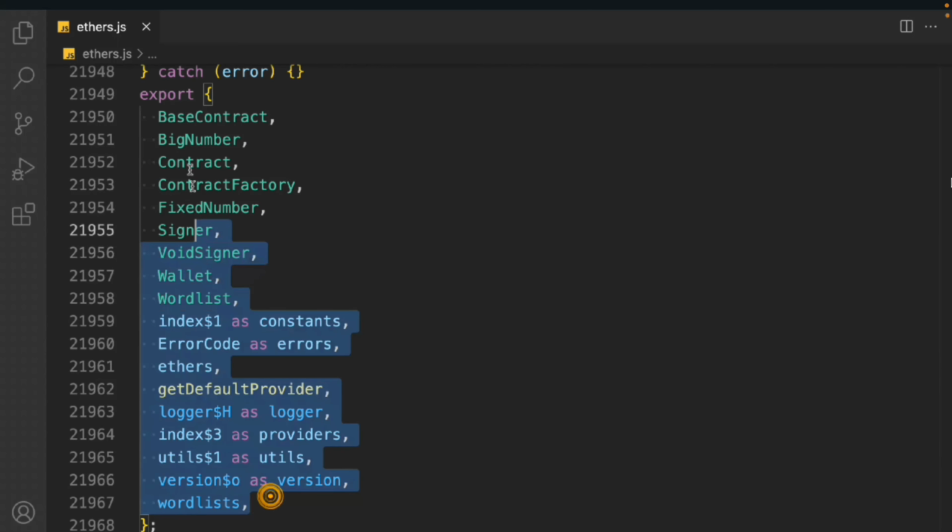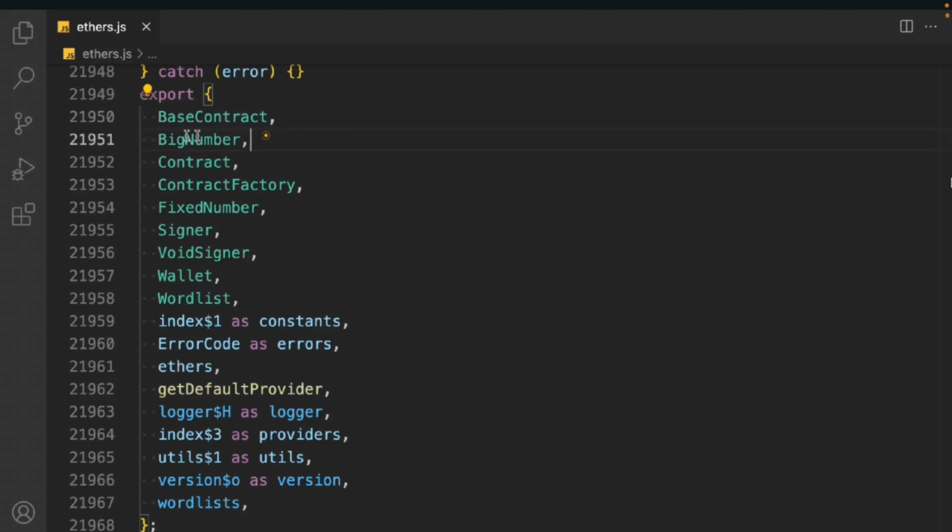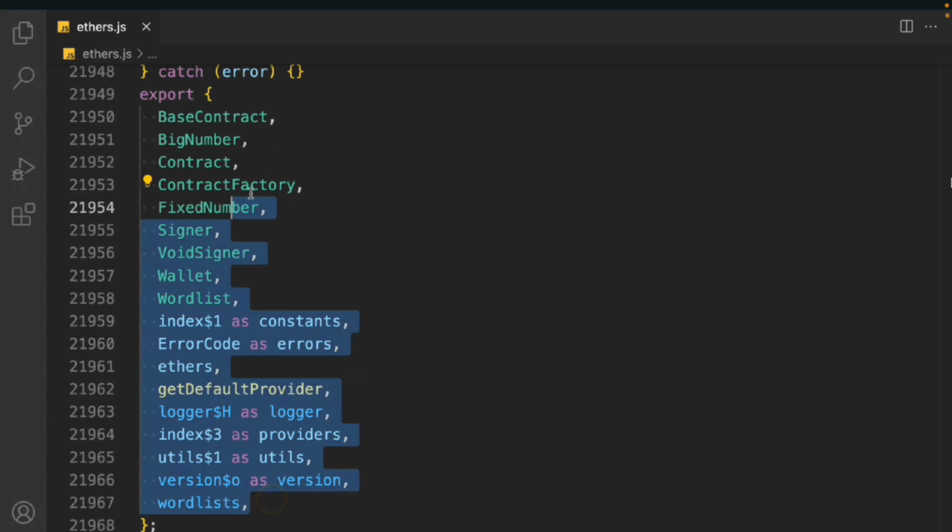You can see these are the functions we are exporting from this entire library. So we have this base contract, big number, contract factory, signature, void signature, then we have the wallet, word list. We have all of this. I hope you guys are familiar with this. If you want to get a default provider, you can easily get that. All you have to do is call this method, and that's what we do when we use it as an